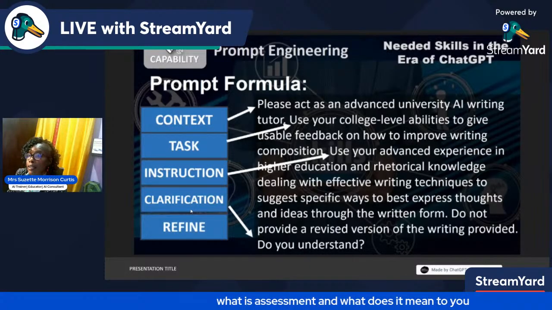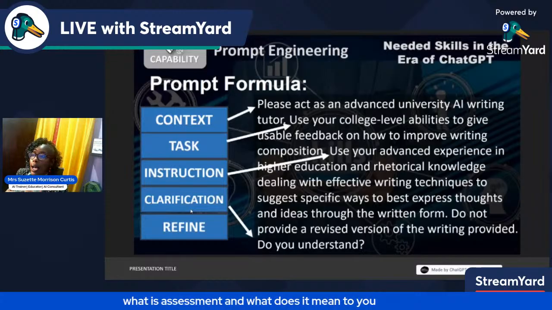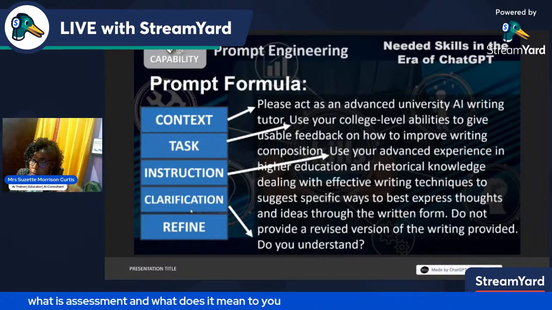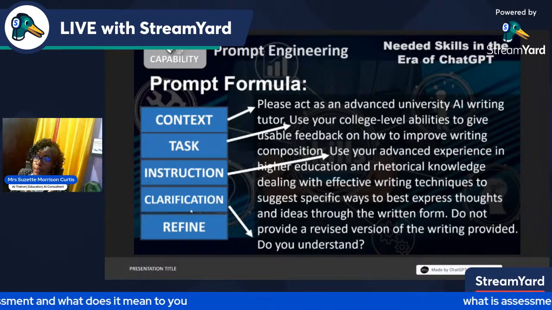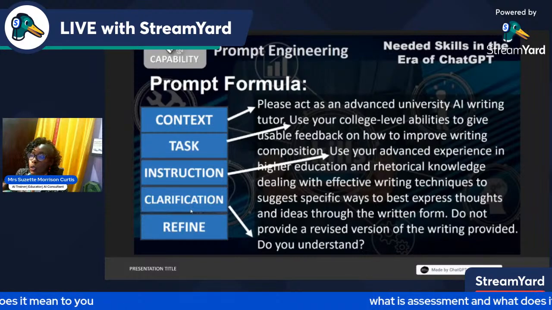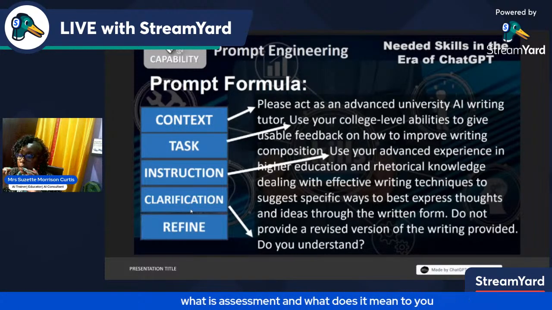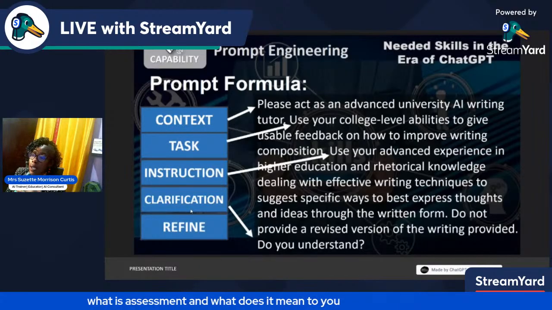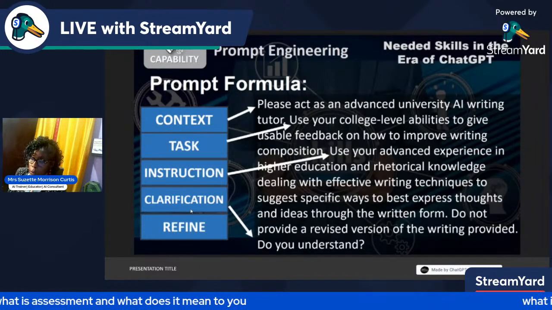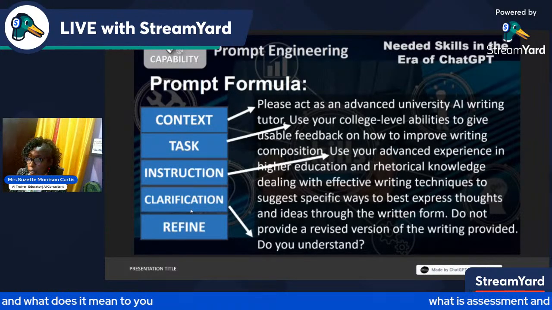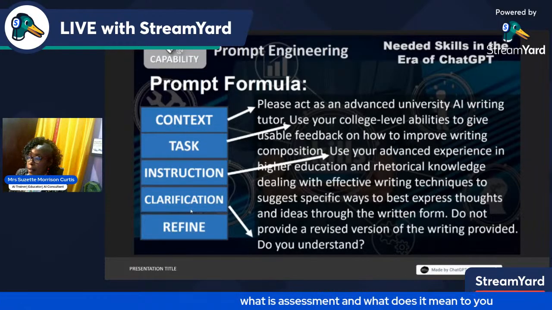The context is what you're asking it to do in your environment. The task is what you're going to ask it to do. The instruction must be specific and relevant so it understands where you're going with the conversation. Clarification must be given, and you ask it to refine itself.